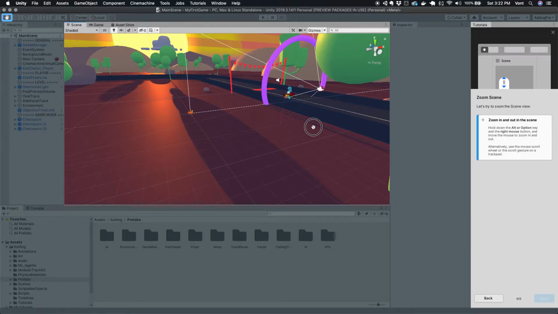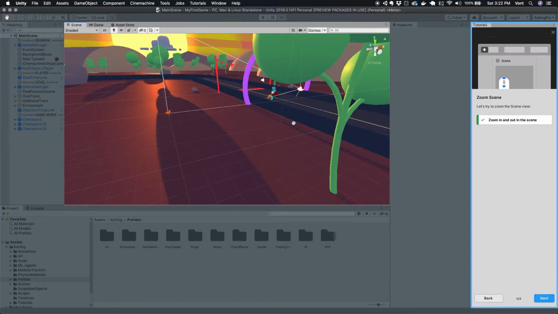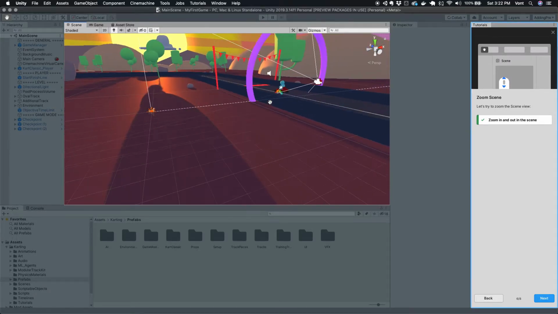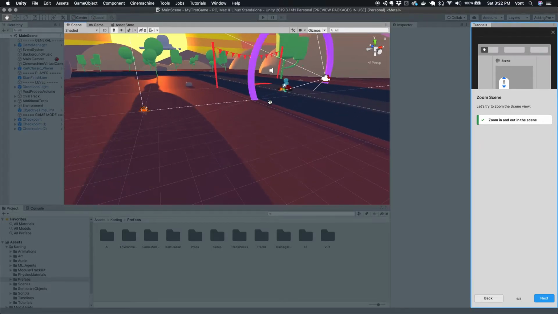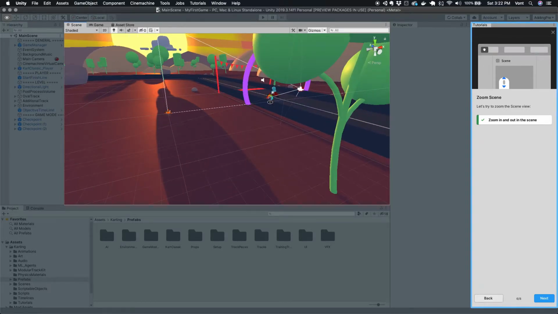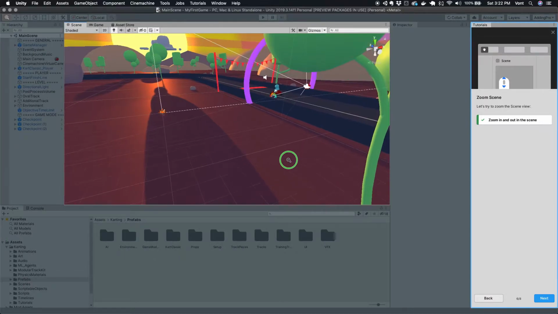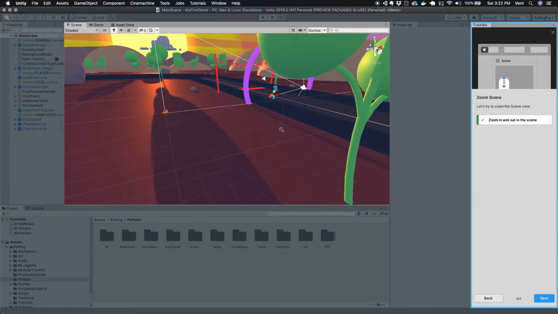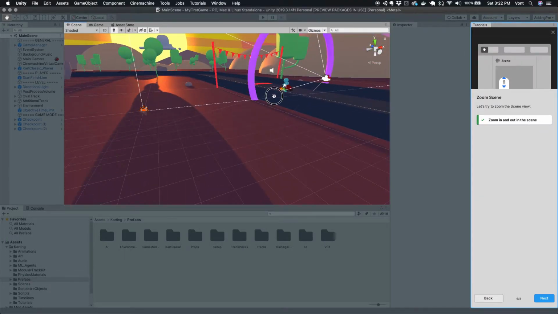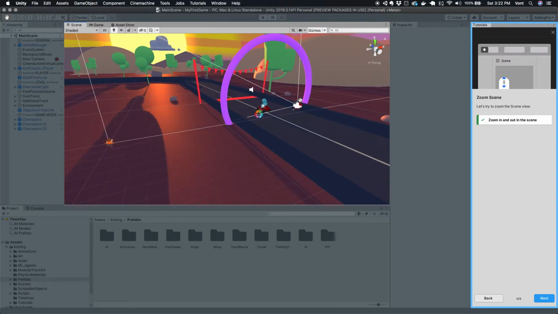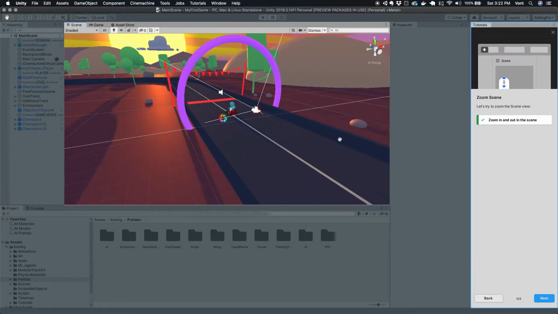I'm using a trackpad, so I'm going to try it out. Okay, let's do it. Okay, so scrolling brings me into zoom. Or I can also press Option and right click and move in like that. But for me, since I would rather just use the scroll wheel to zoom. So yeah, we can,